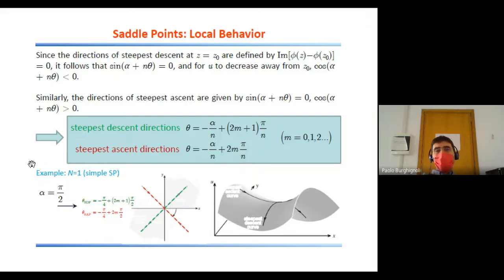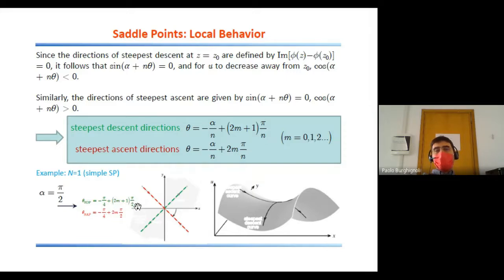Just to give you a simple example, if capital N is equal to 1, this means that the first derivative of the function phi is equal to 0 at the saddle point, but the second derivative is different from 0. So this is the so-called simple saddle point. Okay, let us assume that the second derivative has an argument alpha, which is equal to pi over 2. Then by applying the formulas in the box, you will discover that the directions for the steepest descent paths are given by minus alpha over 2, so minus pi over 4 in this example,